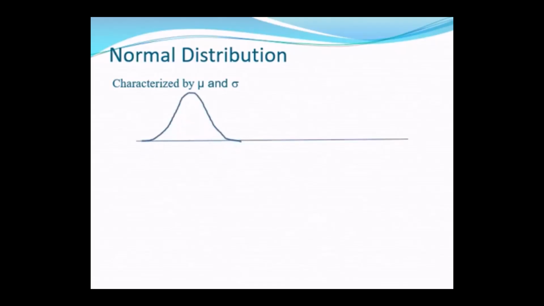The normal distribution, this is the distribution that we're really going to be paying attention to. We say it's characterized, maybe a better word, described by mu, the population mean, and sigma, the population standard deviation. The mean is, as we've seen earlier in the semester, the center of the distribution. The standard deviation is the spread, or a measure of the variation. And so when I go to put them on a number line, I might draw a curve here and say